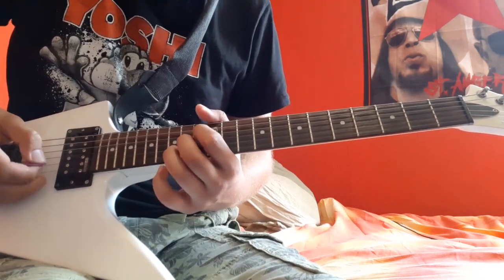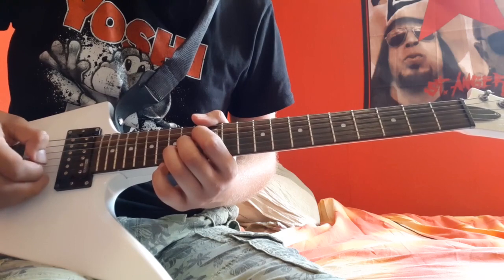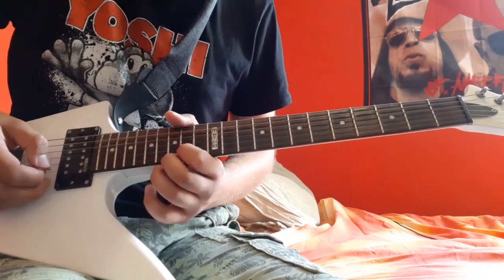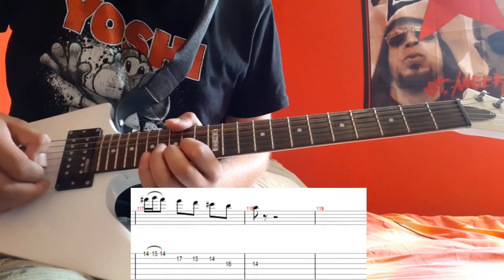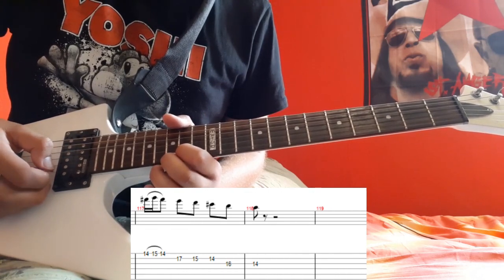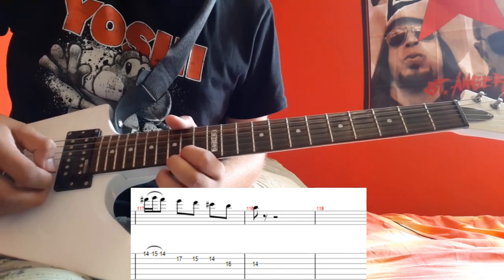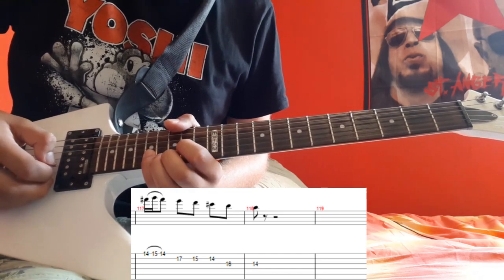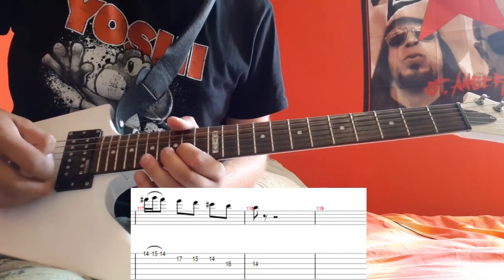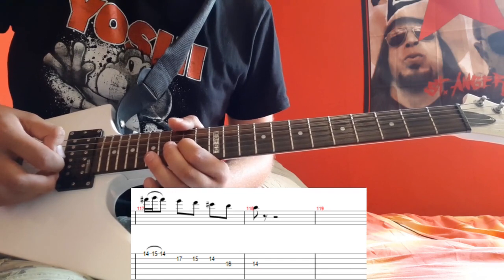Alright, so one more part that I wanted to show, and then we'll go to the middle of the song with a new melody. But after this part, right at the end, there's this rundown that goes like this. It's also not too difficult. It's the 14th fret on the E string, and then you hammer on to the 15th fret, and then you pull it off again back to the 14, and then you go to the 17th fret on the B string, 15th fret, 14, and then you go to the 16th fret on the G string, and then you end it on the 14th fret on the G string. So it's